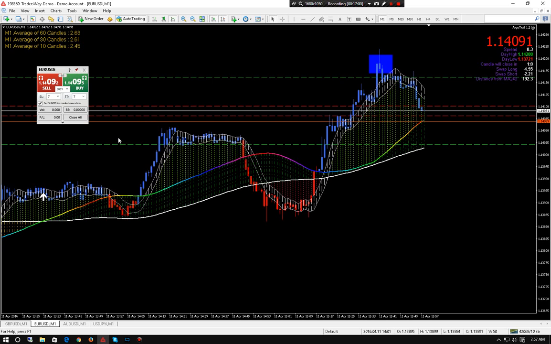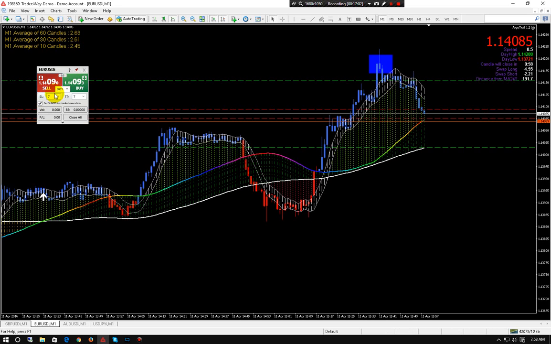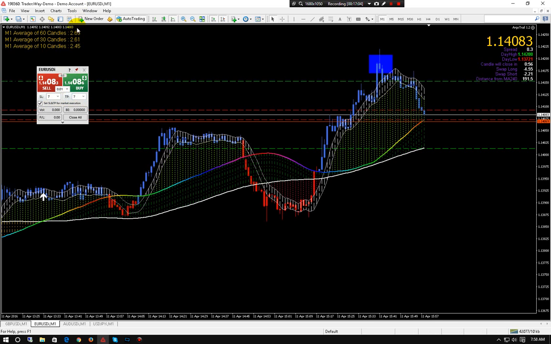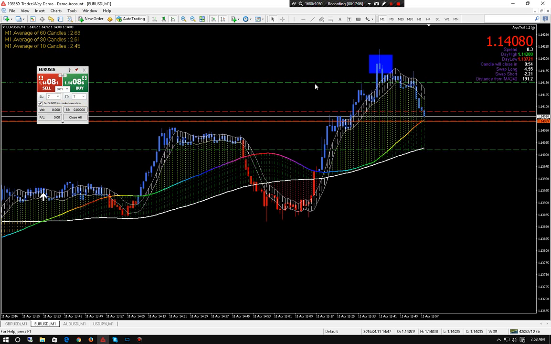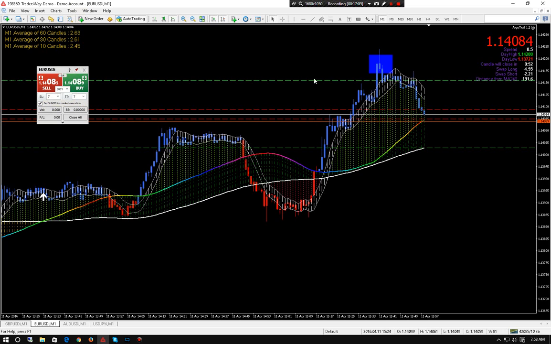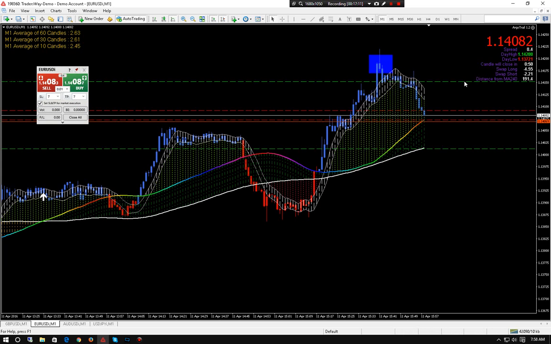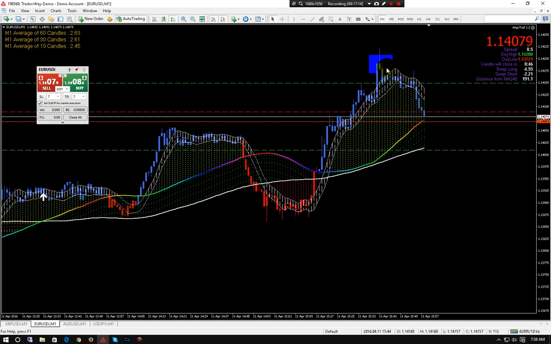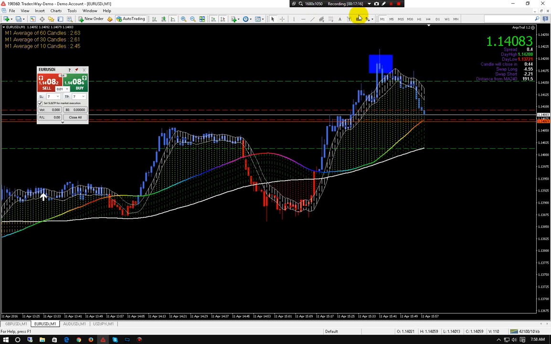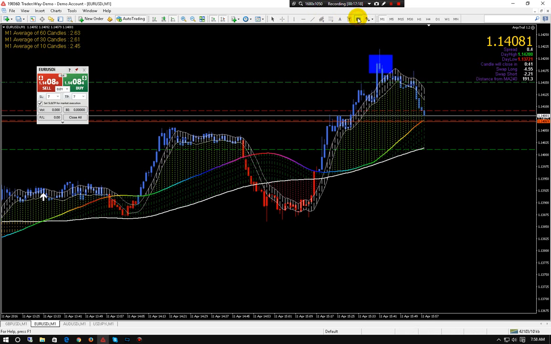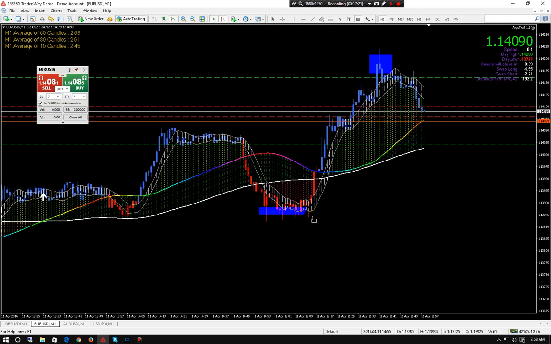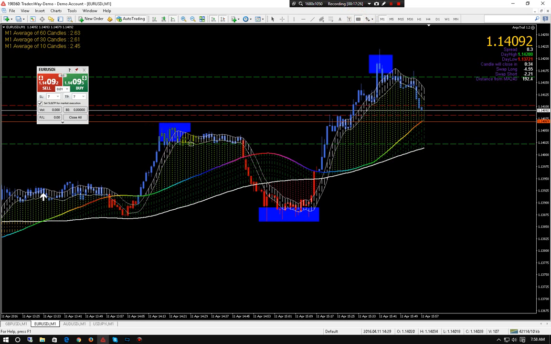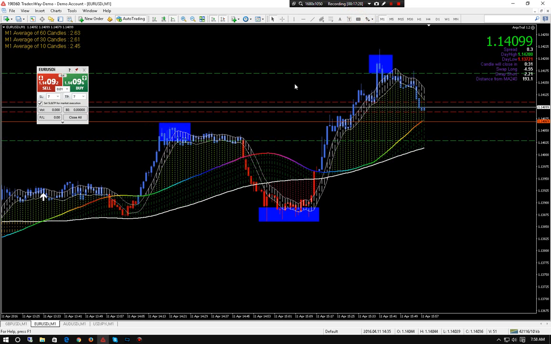This chart is now set up for what our current market conditions are. 7 pip take profit stop loss. We used average candles to determine that. We switched inlines to see where our take profit would be. This is 7 pips above price. We marked our swing high. If we have a low, we can mark it. I want you marking these manually. Why? Because it's going to involve your brain, and it's just going to become second nature to you to look left and look at these things. Support here. So it's marked.